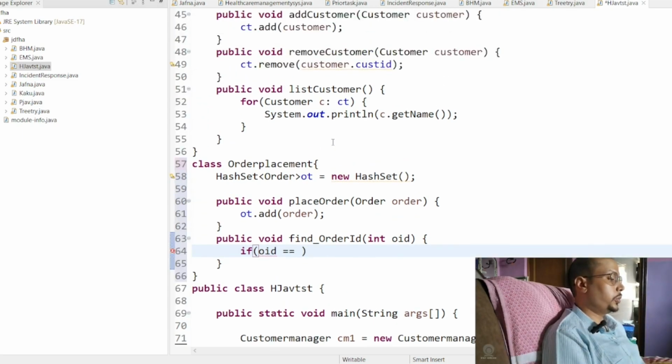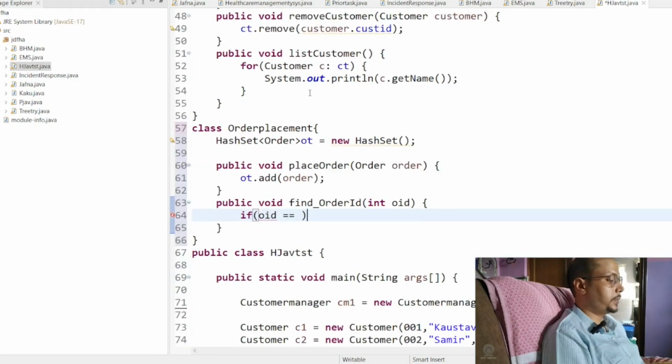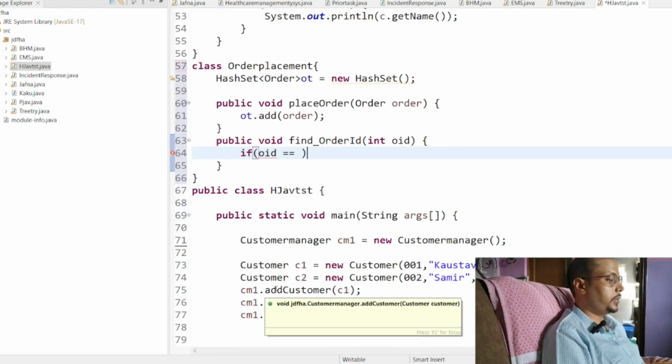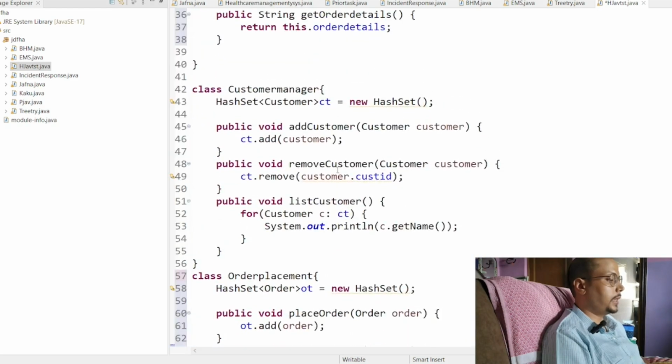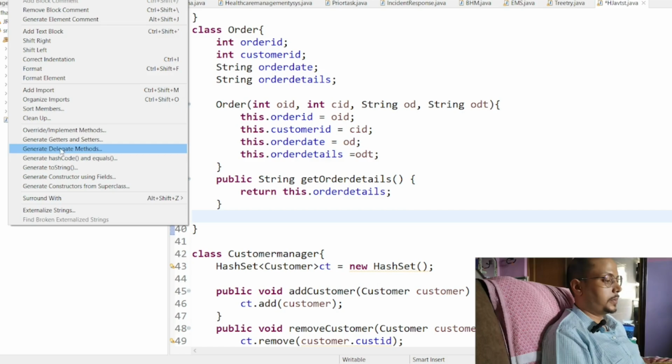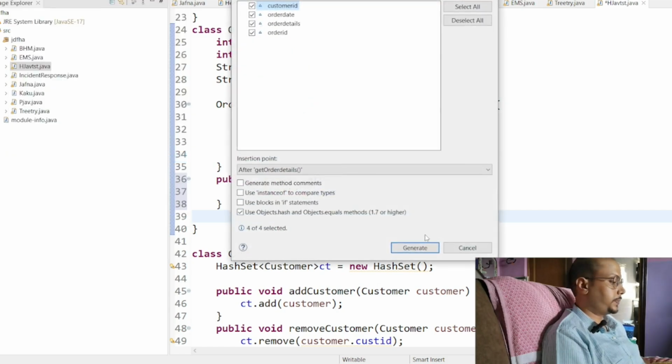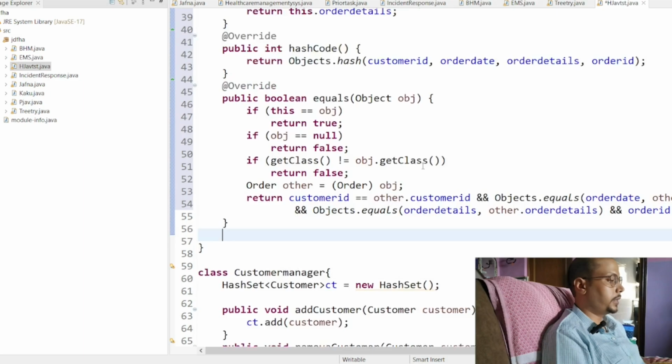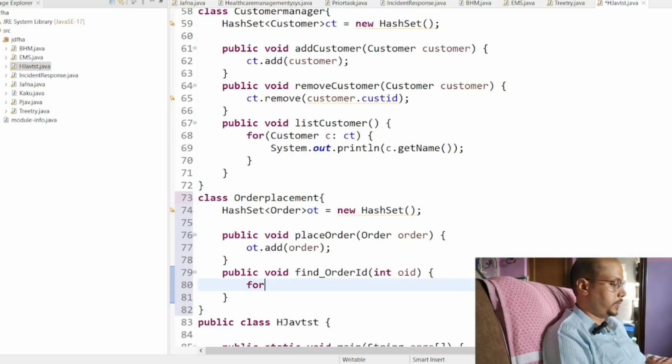So I'll need to use equals over here, because in that case I'll have to compare the order with the order id itself. So here I'll need to use hash code and equals and generate it upon all the things. For order o in order details,